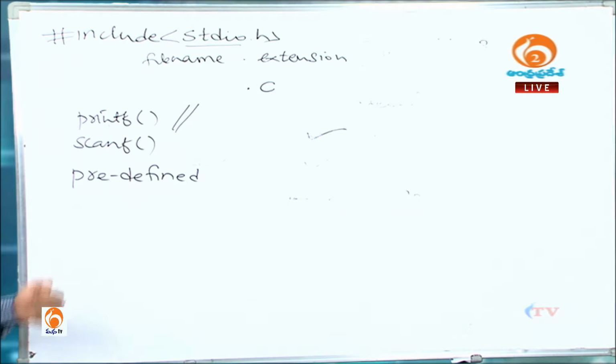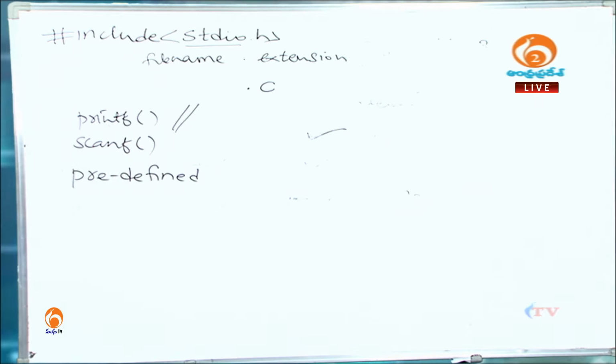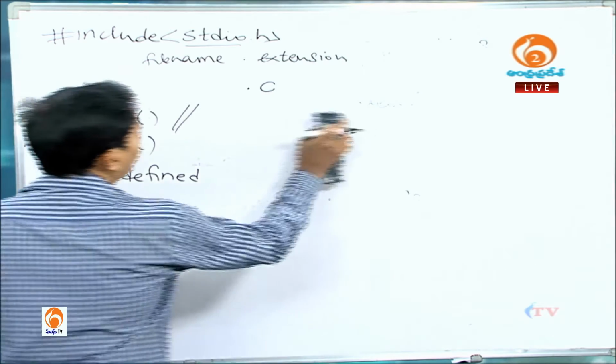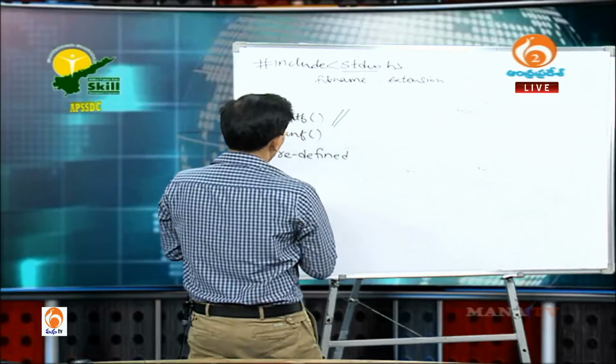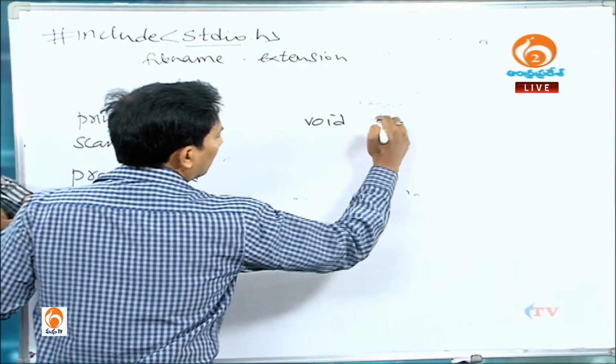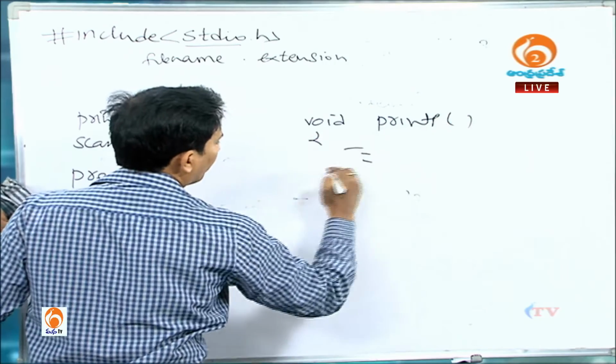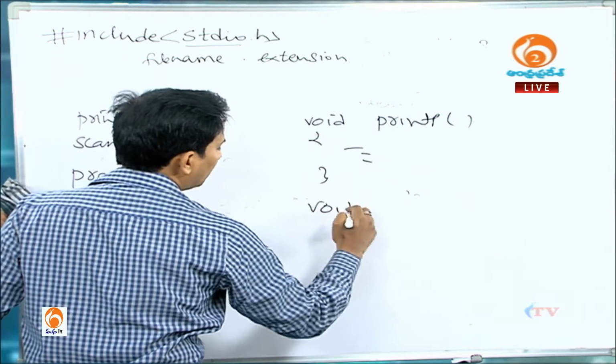In the same fashion, for the scanf function also, whenever this function is called, whatever code is available in the scanf function definition, that code is defined here. That means the code already available in the printf function is defined, and the scanf function also is defined,